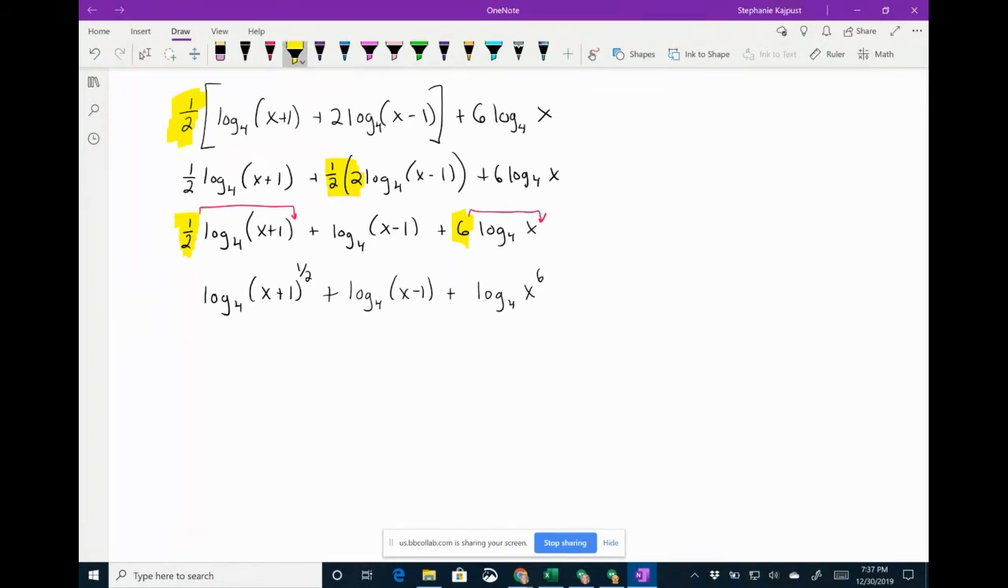Now, when you have logs and you're condensing, everything that is addition between logs turns into multiplication under a single log, as long as they have the same base. So all of these are log base 4. So I'm going to create this big expression with all of those combined and multiplied. So that will be x + 1